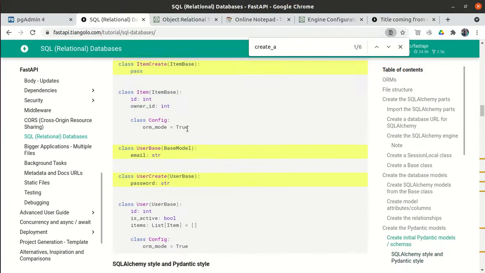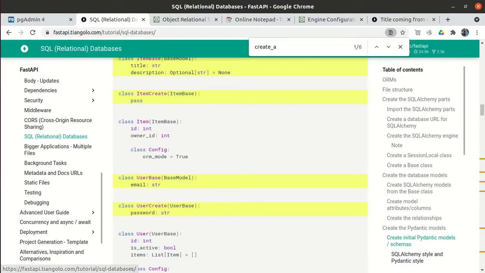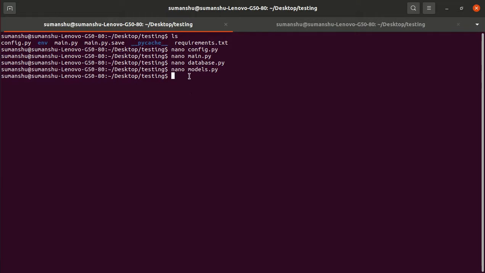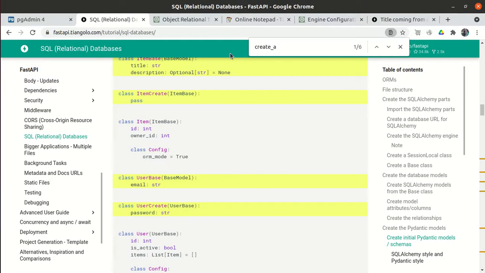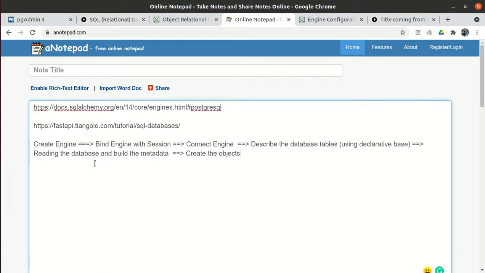Anyhow, leave that. Just remember that wherever our table structure is defined, that is, where the table class is defined, we have to import the base class from that file. As part of this video, what we have seen is how to connect with the Postgres SQL database.